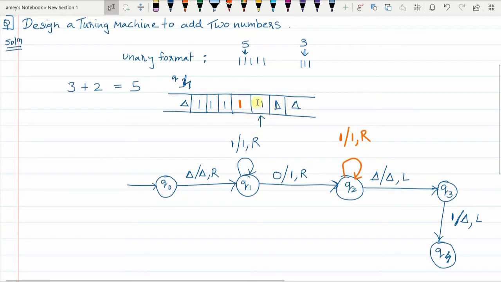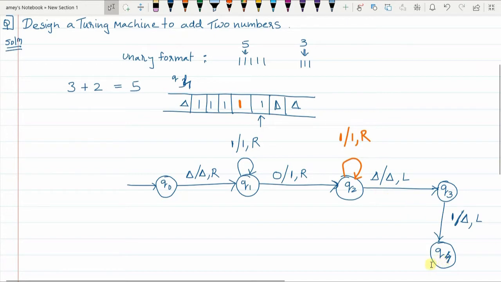So when you are in Q4 state, you know that the tape contains the required number of ones. If you see, there are 1, 2, 3, 4 and 5. That's the answer. But you cannot leave the pointer here, because this is a kind of problem wherein the Turing machine is doing computation and is going to give the answer to the user. Here the computation is over.